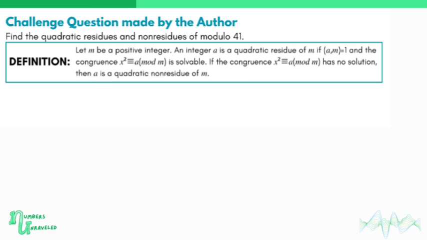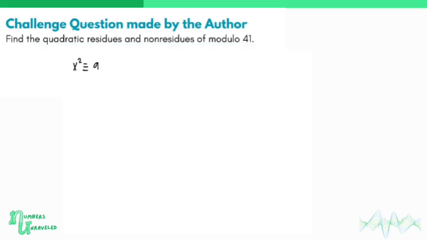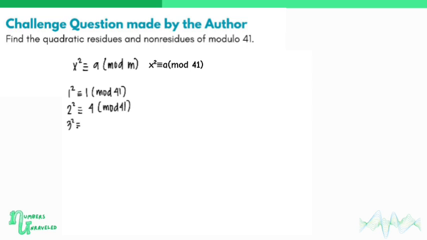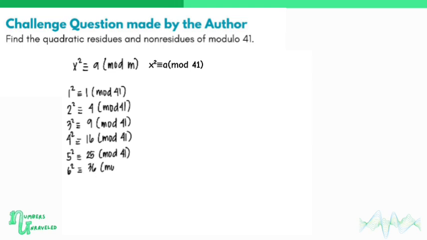Since we already know from the theorem that 41 has exactly 20 quadratic residues and non-residues, we just need to find the first 20 residues of x² ≡ a (mod 41). That would be 1² ≡ 1 mod 41, 2² ≡ 4 mod 41, 3² ≡ 9 mod 41, 4² ≡ 16 mod 41, 5² ≡ 25 mod 41, 6² ≡ 36 mod 41,